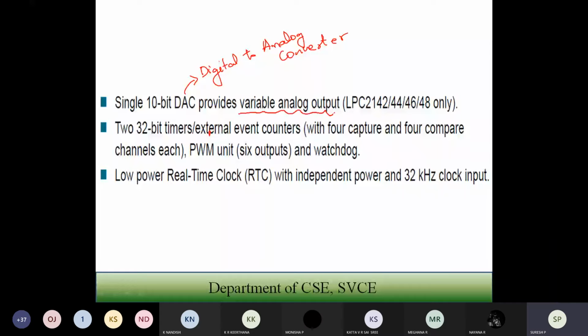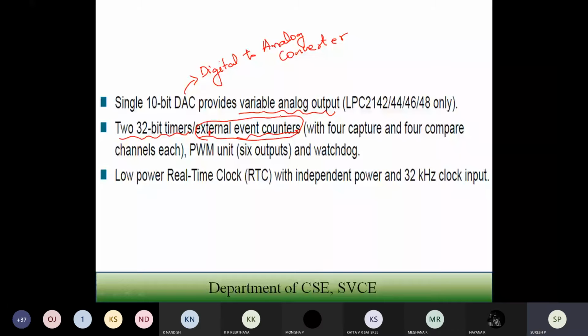It is going to have a timer inside your controller, a 32-bit timer, which will be used to check for event counters. It will be mainly used for external event counters, that is, when some counter has to be started. Yesterday we discussed the seatbelt warning system, right? When you want to design that type of embedded system, I want to have the event counter, for how many seconds that event has to run. In that type of application you require the timer and the event counter.